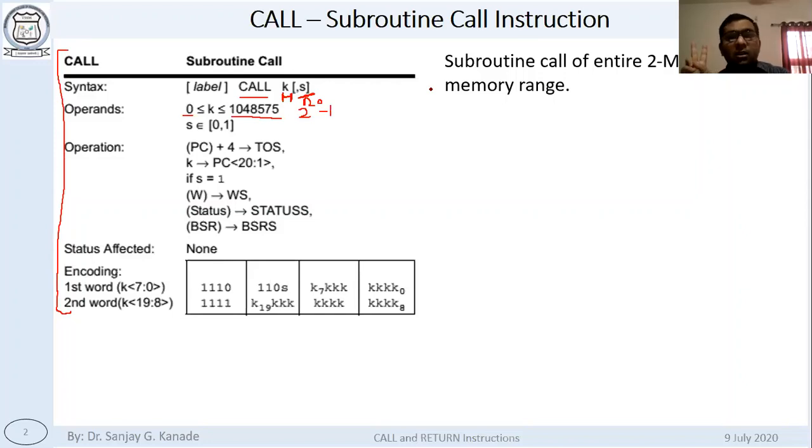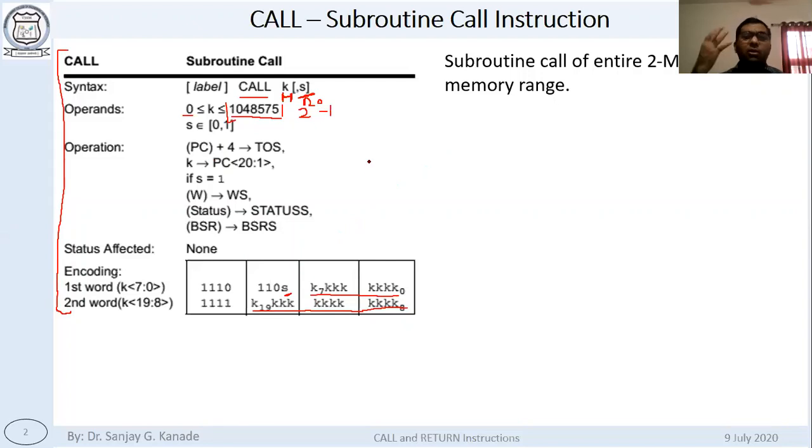Both are 32-bit instructions requiring 4 bytes, because you see here 20 bits will be required for this number itself, right? You can see this here in the encoding also. These 20 bits are taken up already, and then there is 1 bit S also. So 21 bits are required for these operands only.